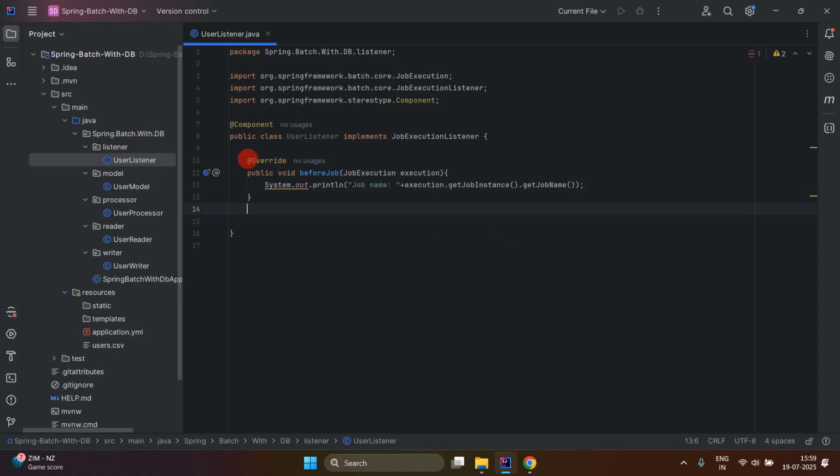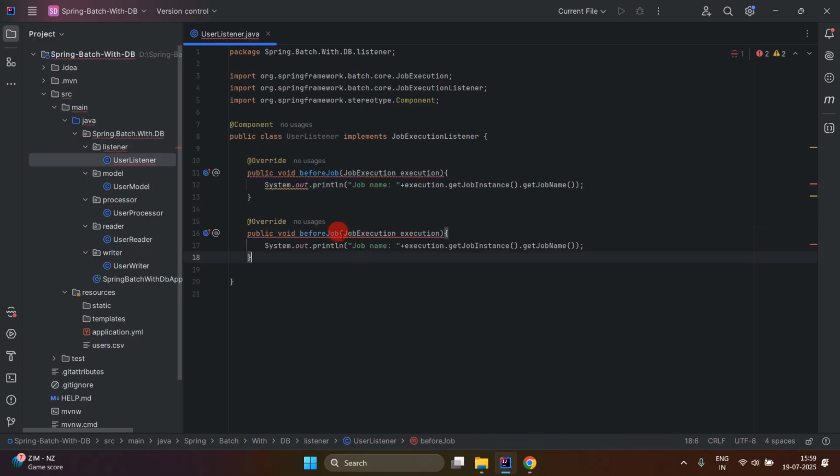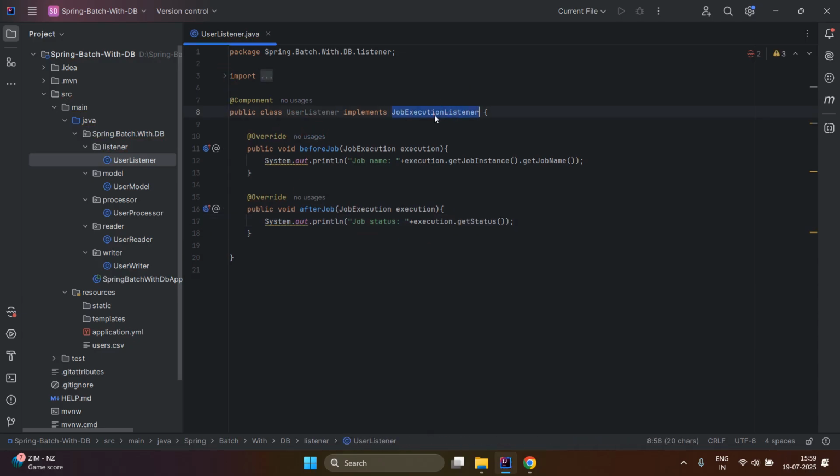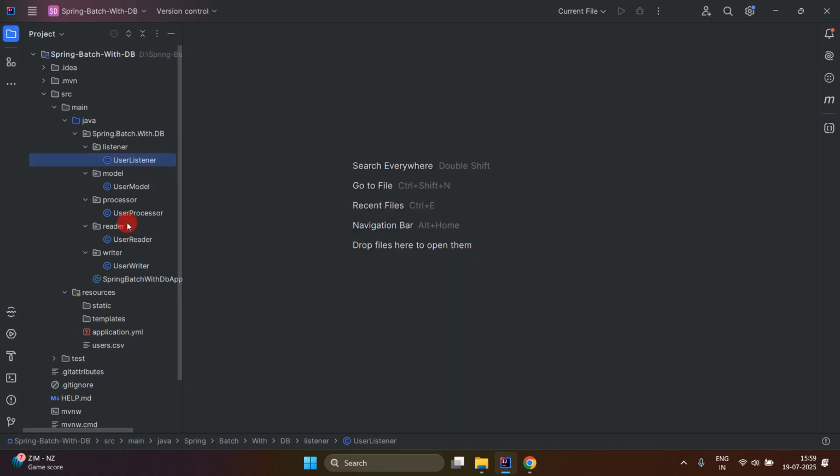and again I am going to copy this and just paste here, and here I am going to change this before to after. Okay, and here we will show job status after job. So write get status to get the status of this job. So our listener is also completed. We have implemented job execution listener, and we have overridden this before job and after job method. Now just close this class,